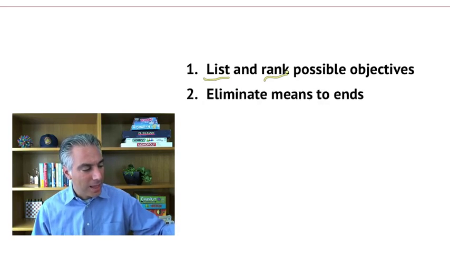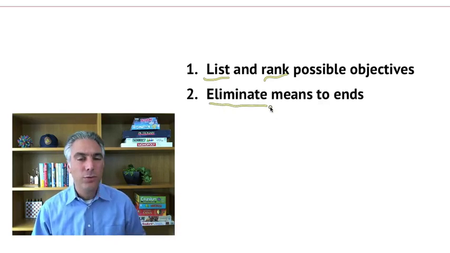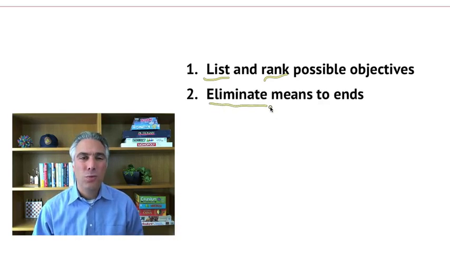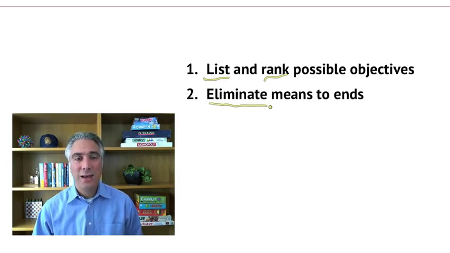The next step is cut out the ones that are not really your business objectives. If something is just a means, if it's a stepping stone, and this is where most of the game elements, if not all of the game elements, will appear, collecting badges is not a business objective in the vast majority of cases. It's a means to an end of some other set of business objectives. If it's not, then you've got a problem.